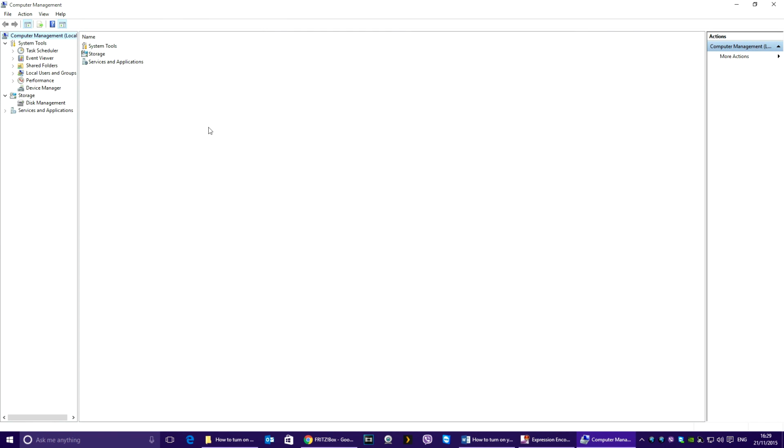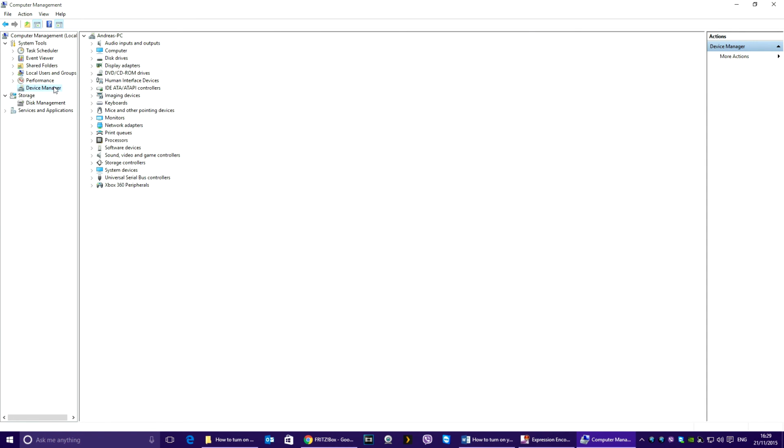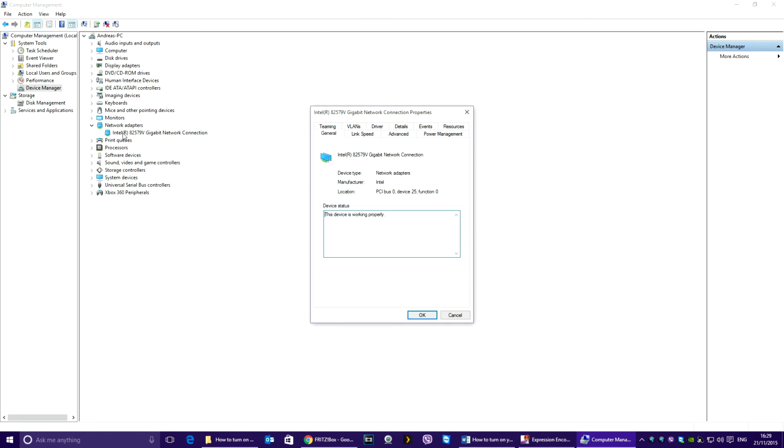The Windows Management Console will pop up. Click on Device Management and double-click on the Network Adapters. Find the adapter you are using and double-click it. Depending on the brand of your adapter, the menus will differ, but the process is still the same. Click the Power Management tab and click the Wake on Magic Packet and Wake on Magic Packet from Power Off State options.